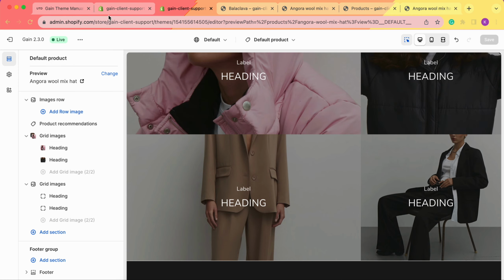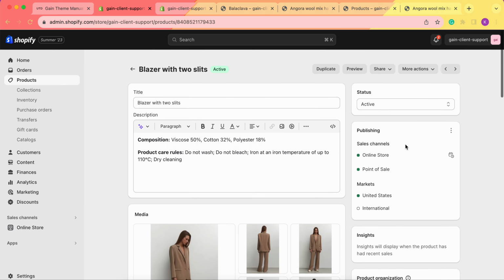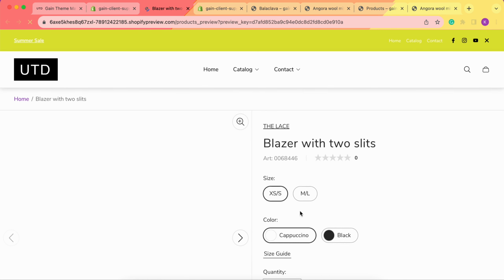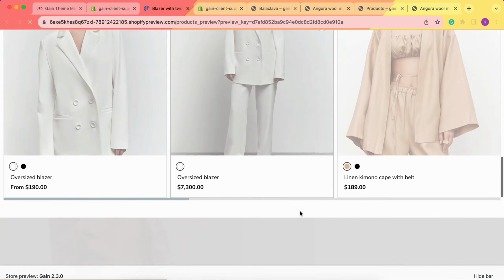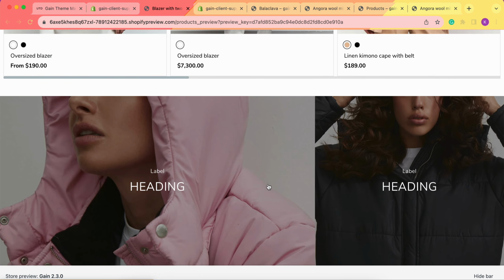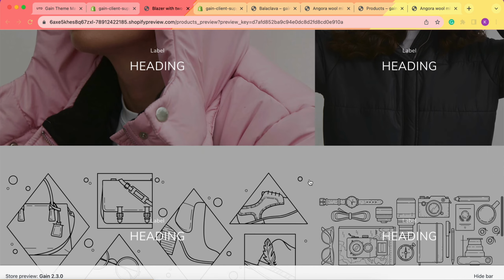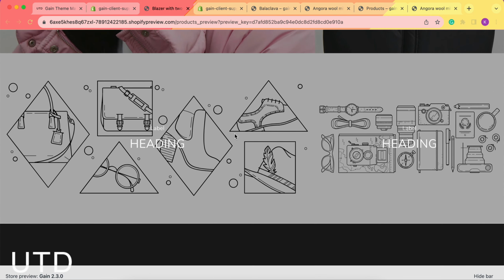So for example, when we get to this product and we go to the preview here, and when we scroll down, as you can see, we have this first grid image section, which was added. The images were added to the default product template. That's why we see these images. But here, as you can see, we got these just basic Shopify images, and they will appear to every single